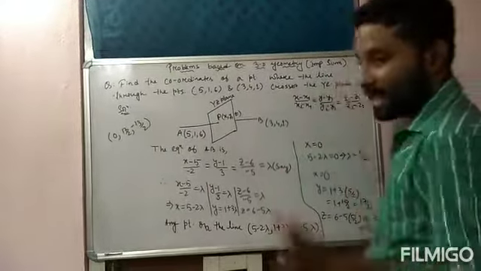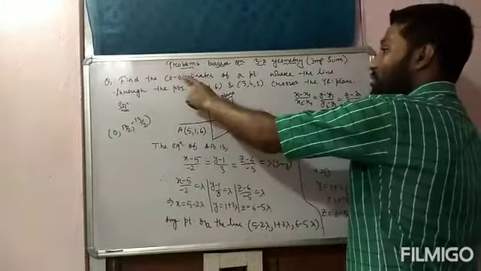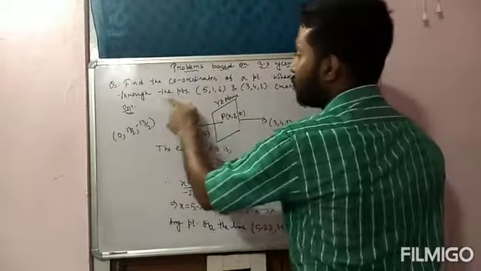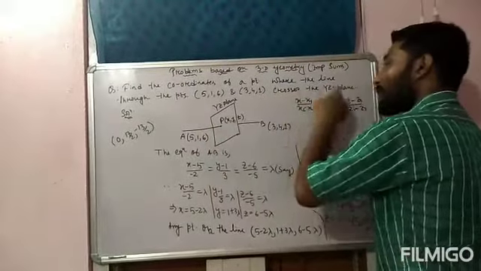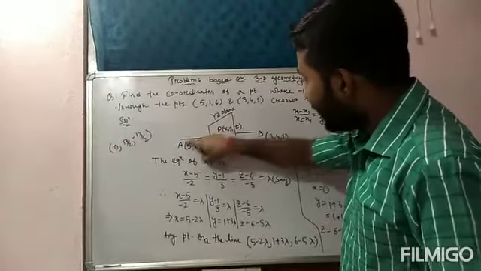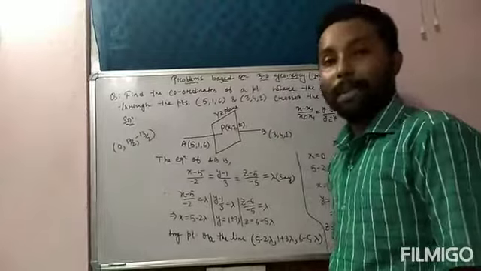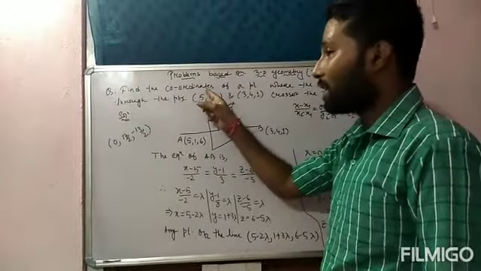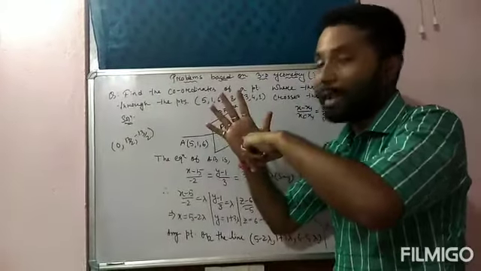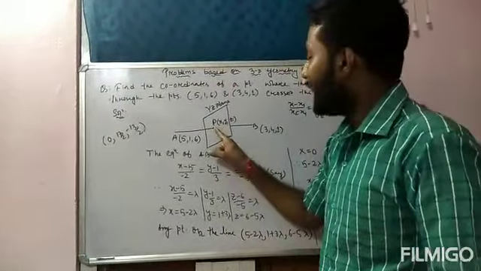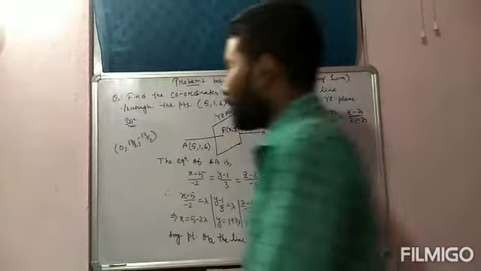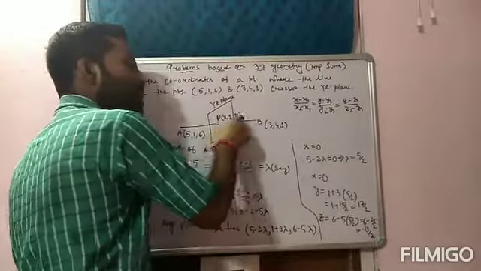Okay, again I am repeating the question once. You are asked to find the coordinates of a point where the line passing through these 2 points crosses the YZ plane. Okay, so this is the YZ plane and the line AB crosses the YZ plane. So the coordinates of which point do we have to find out? The point where the line passes through the YZ plane is the point whose coordinates are asked. So let the coordinates of the point P be x, y, z. That means you are asked to find the values of x, y and z.